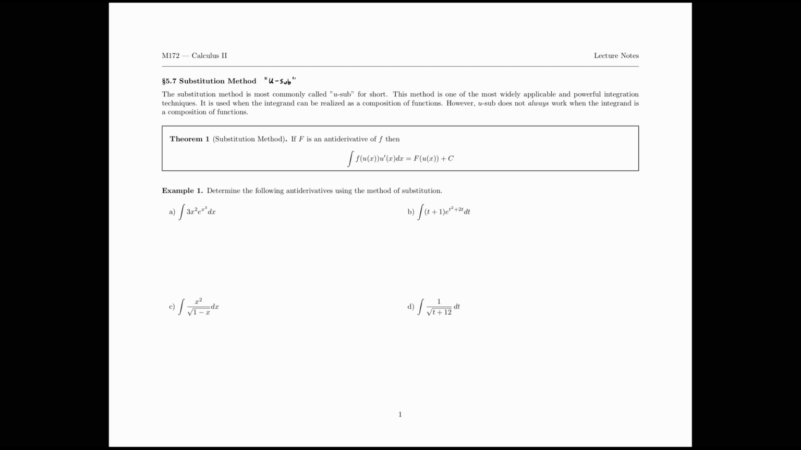So really the substitution method, or U-sub, provides a way of undoing the chain rule for differentiation. Of course, the chain rule from Calc 1 is a rule for differentiating a composition of two functions. So a function within a function, how do you differentiate that? If we take a look at this theorem, the formal statement of U-sub, or the substitution method, we can see that this is exactly,